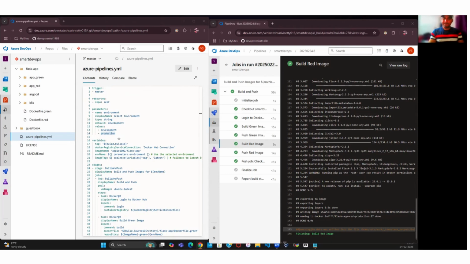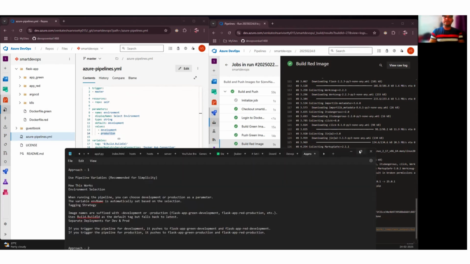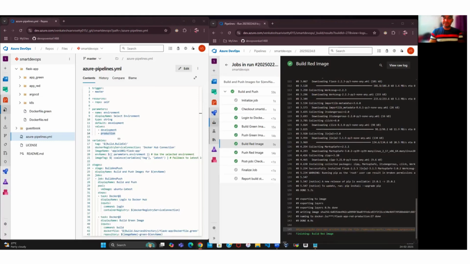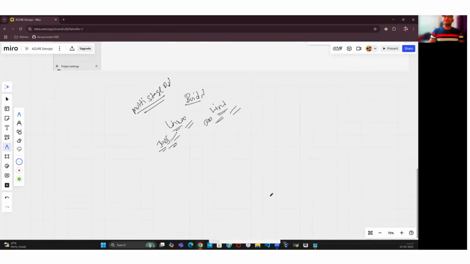Let me show you something. So these are the two approaches I just want to show you. The first one is what we tried and we succeeded on. Approach two is like, we need to have a common template. Better than this one, I'll show you in the Miro board, so that will be easy for you to understand. Miro board, where is my Miro board? Yeah, okay. So here,